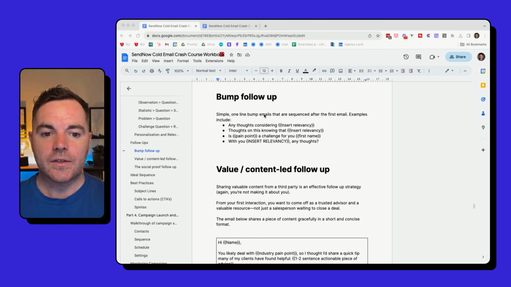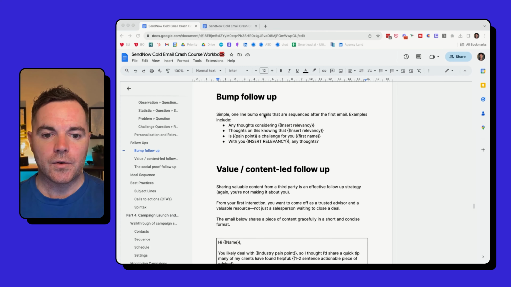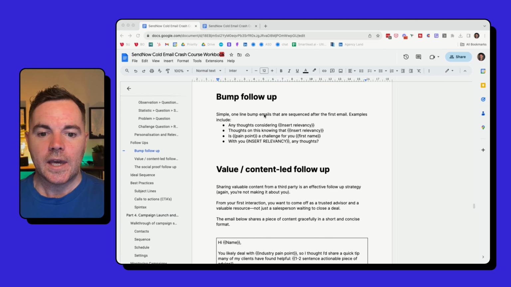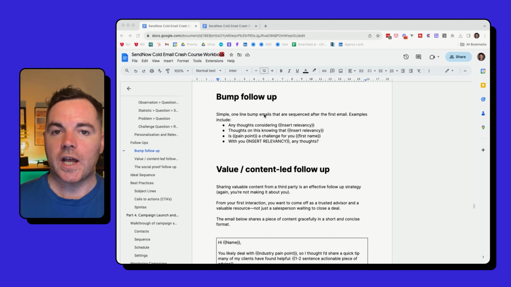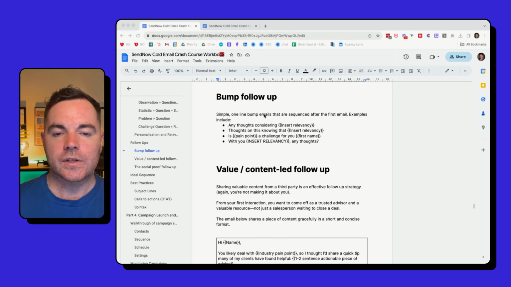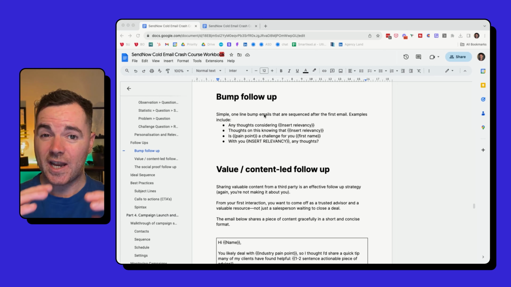So any thoughts considering, and then insert the problem or the relevancy here. Thoughts on this, knowing that you have these goals to reach. Is product onboarding a challenge for you, John? With you, any thoughts? So these are just very simple bump follow-up emails. You don't have to do too much customization. You can actually insert